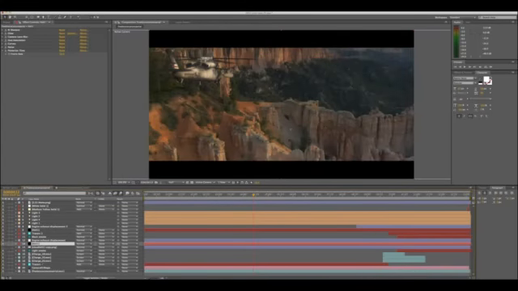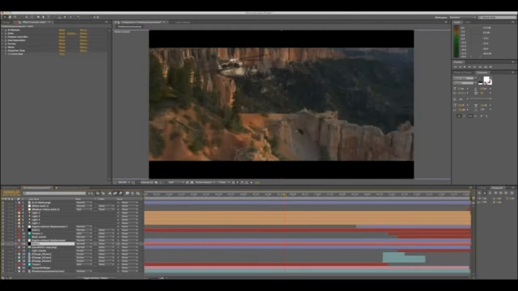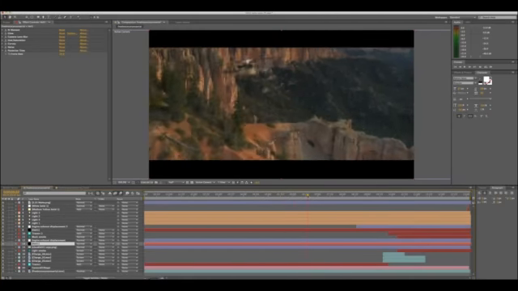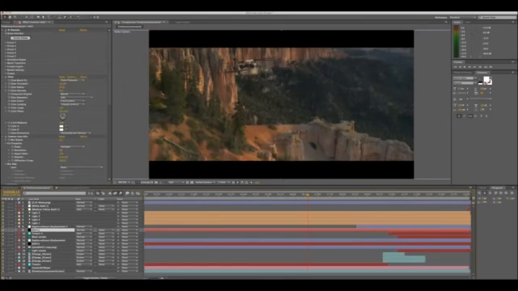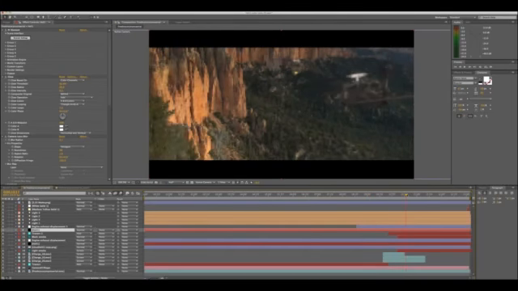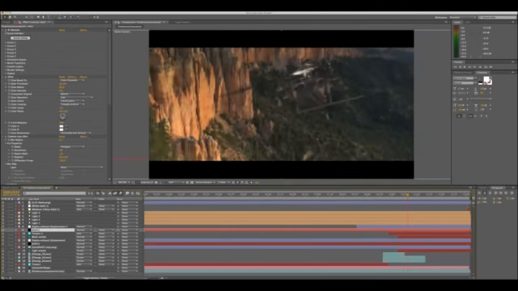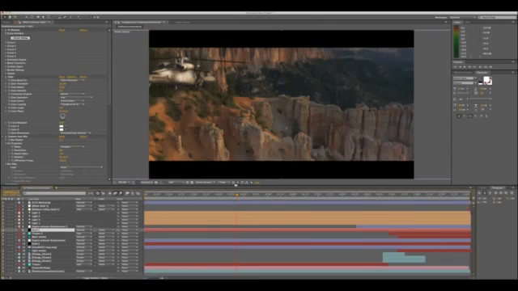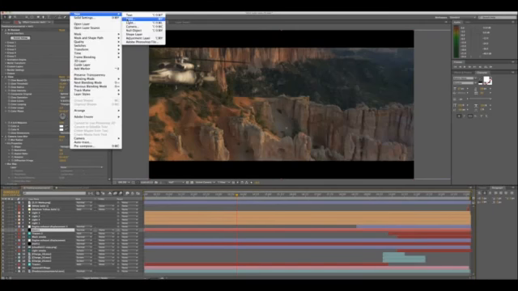Alright, so once you've tracked your footage and brought it into After Effects, then you can begin to bring in 3D objects. Here is one of the helicopters, the first helicopter you see, animated in 3D space. I brought in a second heli that comes in from the right side and flies out of frame. Alright, so let's bring in a third one just so I can demonstrate bringing in 3D objects in a camera solved composition. Alright, so let's make a new layer, a solid,